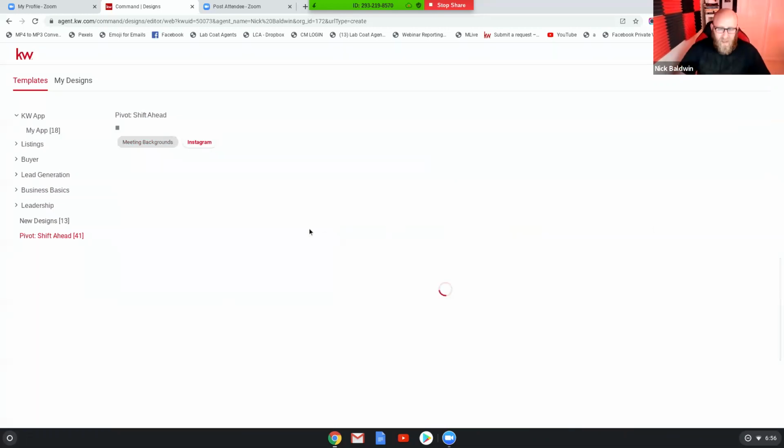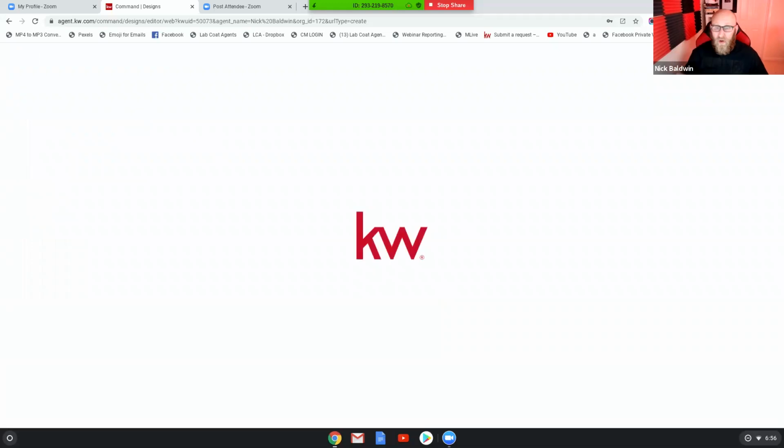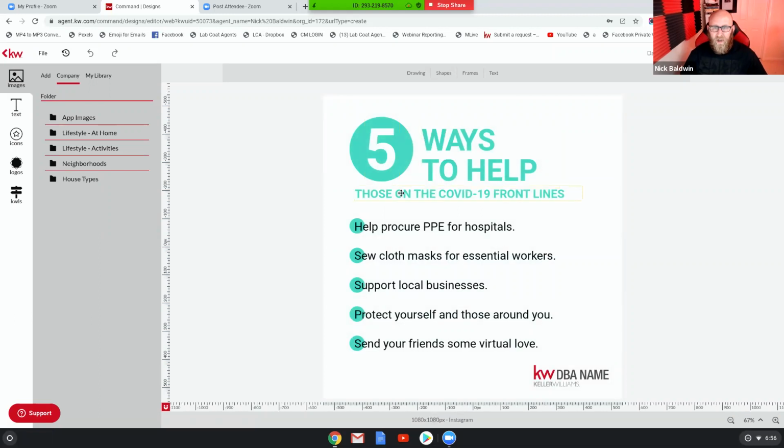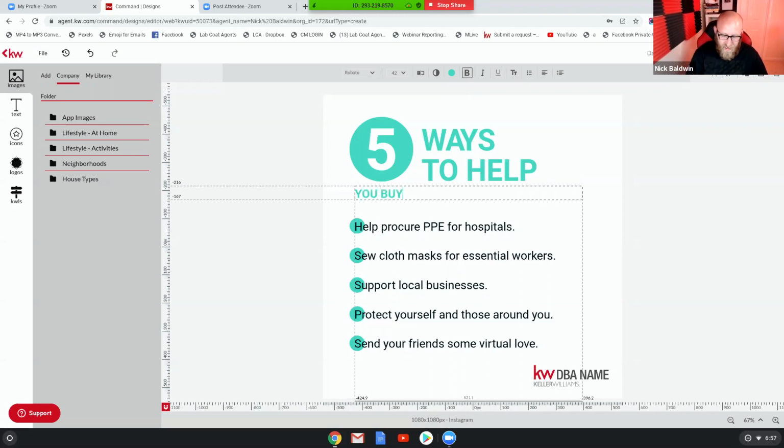So this one I like because it is already geared towards COVID-19, but I'm going to edit it slightly. And this one is 5 ways to help those on the COVID-19 front lines. Now, it looks great this way. It looks fantastic. I think it's a really powerful piece. You can also edit it to fit your own business and promote on Instagram. So I don't know if you guys know this, but it's really easy to edit anything on this image. If you just edit by clicking the verbiage, what we're going to do with this one is we're going to do 5 ways to help you buy a home